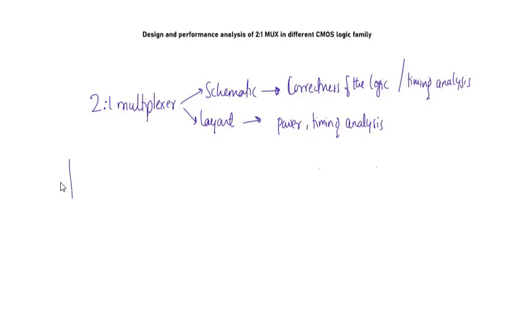So as I was telling, since it's a 2:1 multiplexer, there are two inputs and one output, and there is one select line. Now the operation is very simple. Based on the select line input, I'm going to get the output. If the select line input is 0, which means the 0th input is selected, my output will be A. If my select line is 1, the first input will be selected, that means the output will be B. So this is the fundamental working of a 2:1 multiplexer.